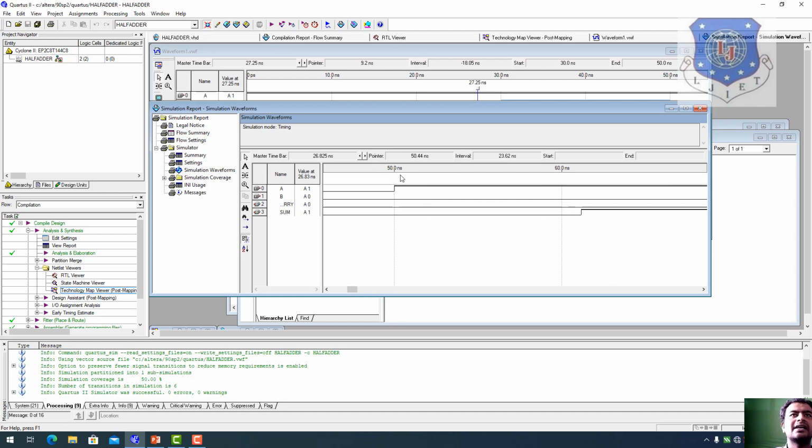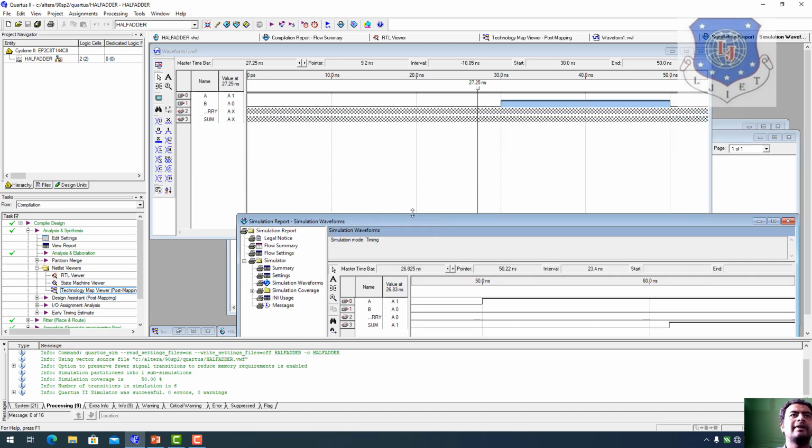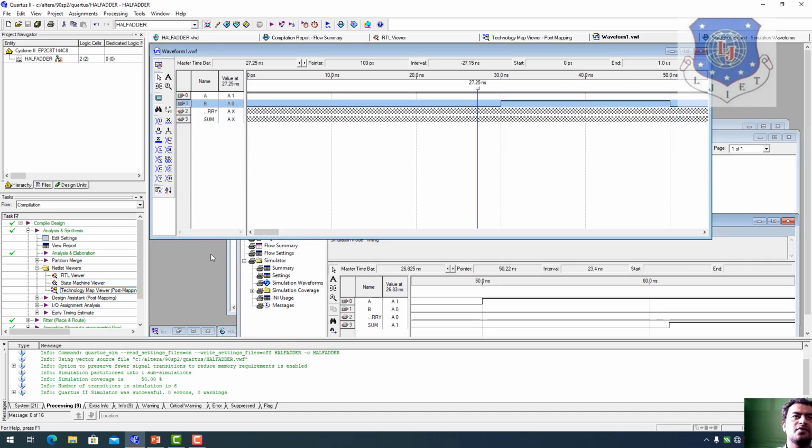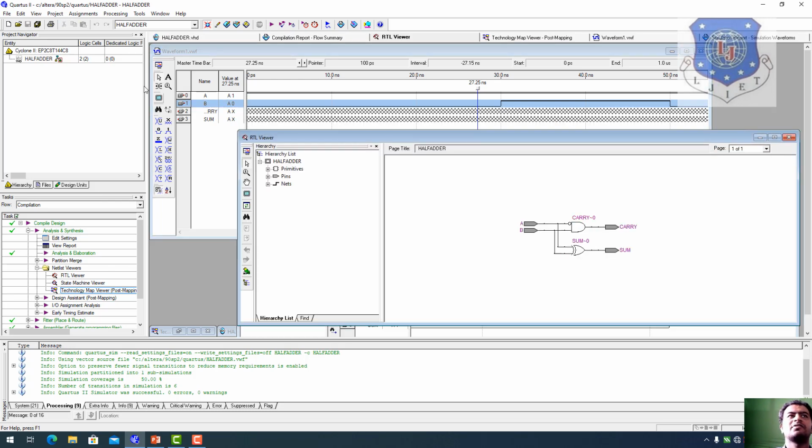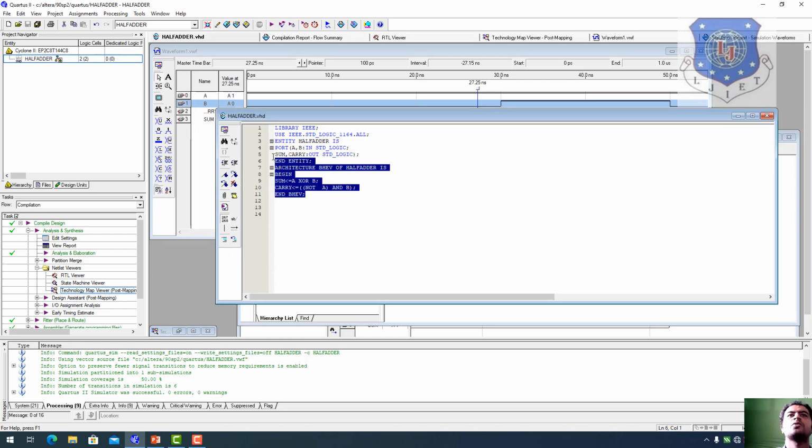So I hope you are getting the idea of how you can apply the input value in terms of A and B using the waveform, and also you can see the RTL and schematic view using Quartus software. But make sure that you should have knowledge and idea about the VHDL language very well. We have to start with writing the library in terms of library IEEE, and also std_logic_1164. It's a standard package specifically for gates. After that the entity declaration in terms of input and output, and after that the architecture in terms of writing the code with respect to a gate.